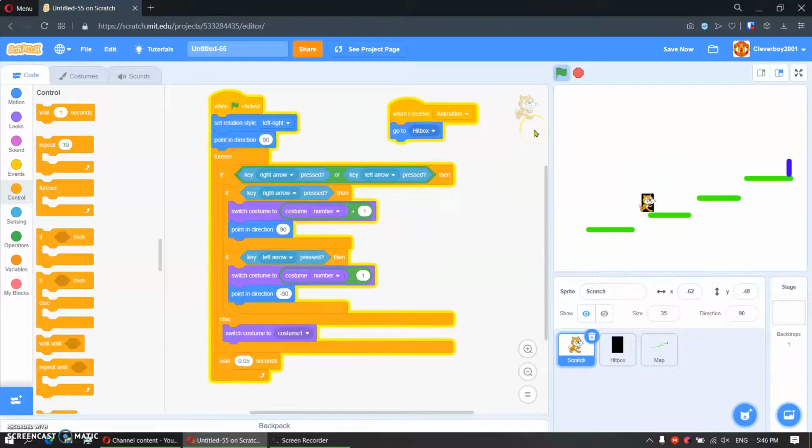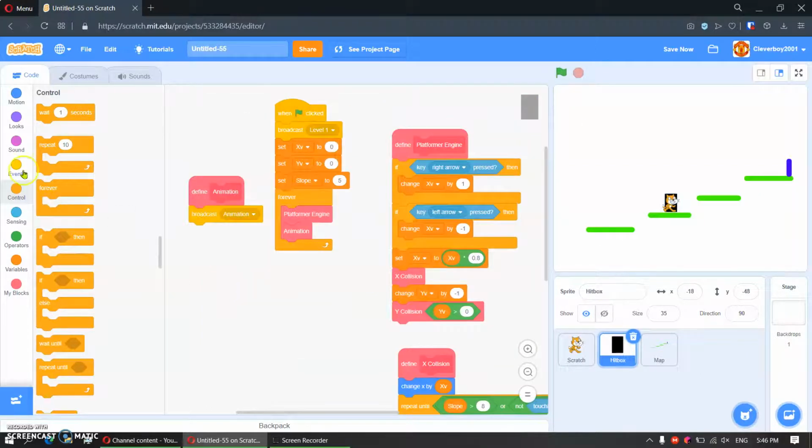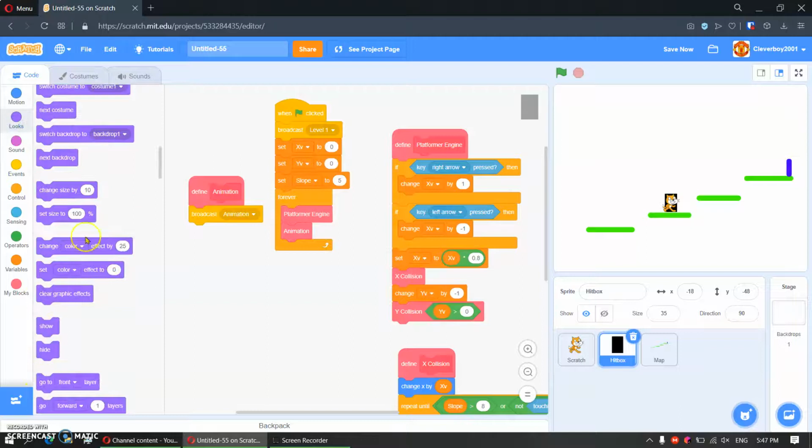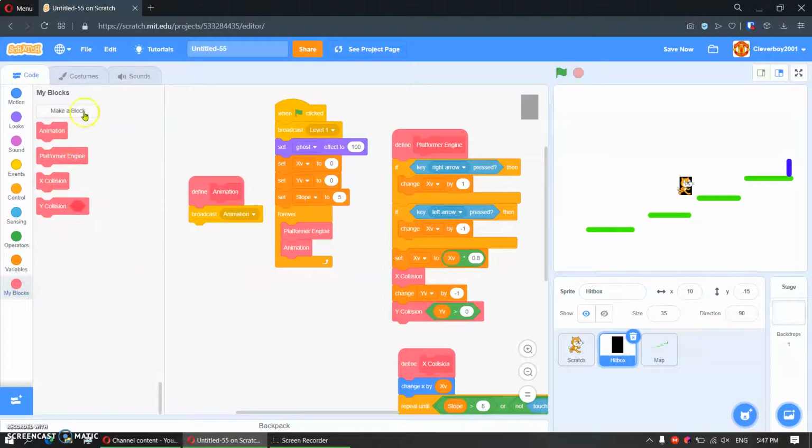let's test it, oh and don't forget in the hitbox, you'll set ghost effect 100, okay, it's working, now go to blocks,